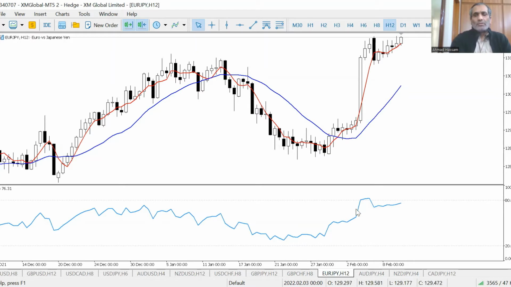Overbought, oversold, oversold, overbought. Now it's not always like that. In a strong trend, an oscillator like RSI can continue in an overbought condition or in an oversold condition. So with experience, we'll know that the trend is strong, and we should continue in that trade.